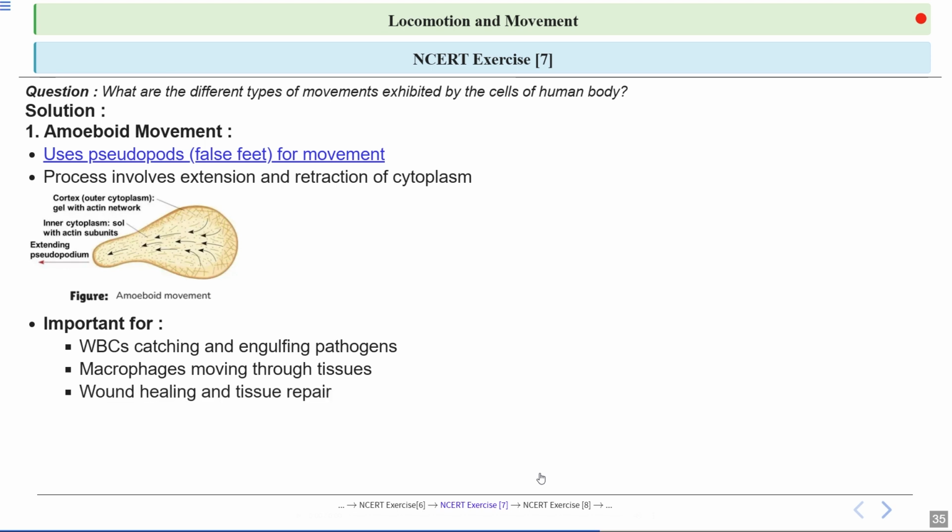Amoeboid movement is also vital for wound healing and tissue repair. When you get a cut, cells move to the site to help close the wound and start the healing process. Interestingly, cancer cells can use amoeboid movement to migrate through the tissues. This is one way they can spread from one part of the body to another, which is why understanding this movement is important in cancer research.